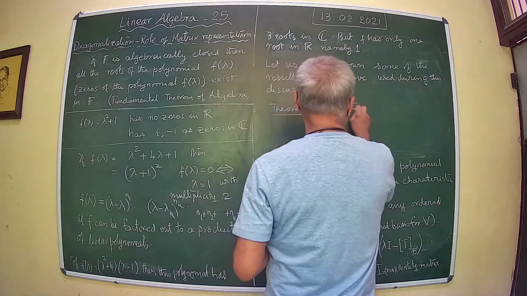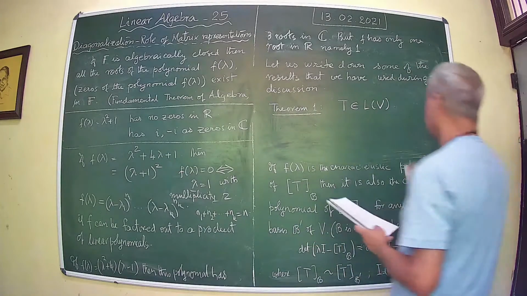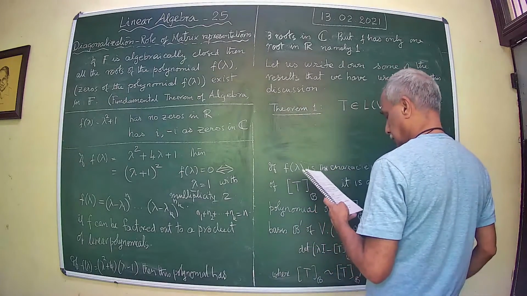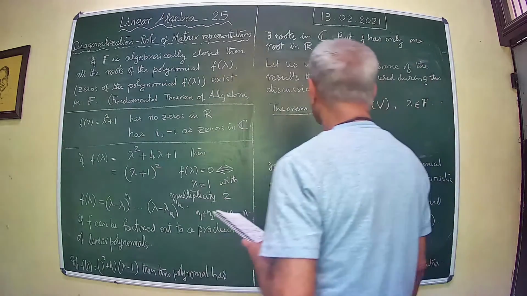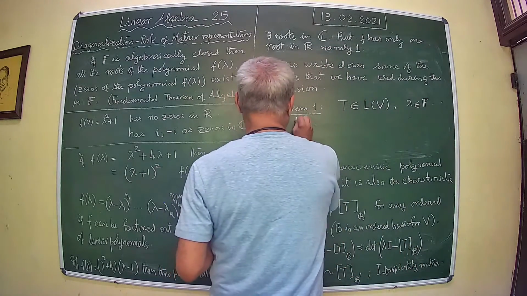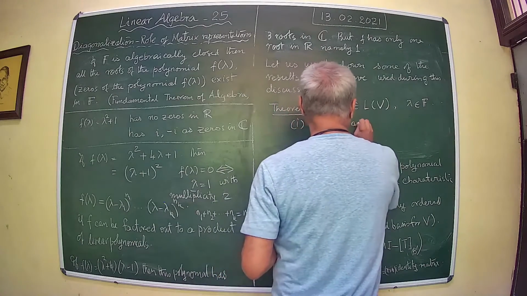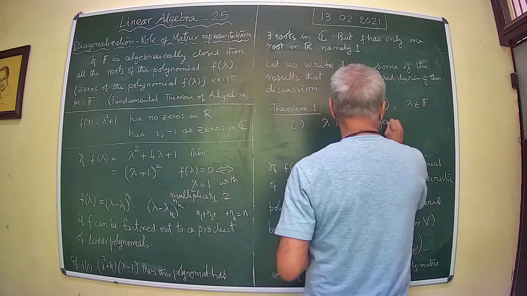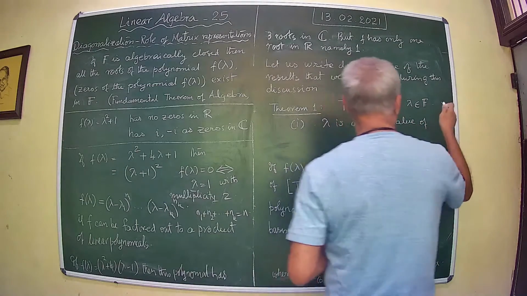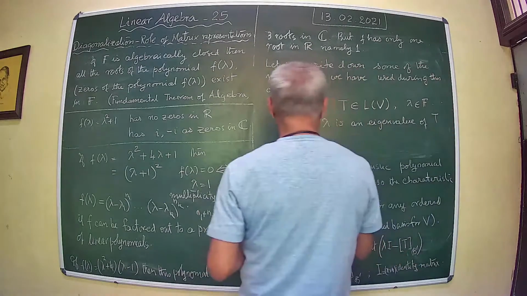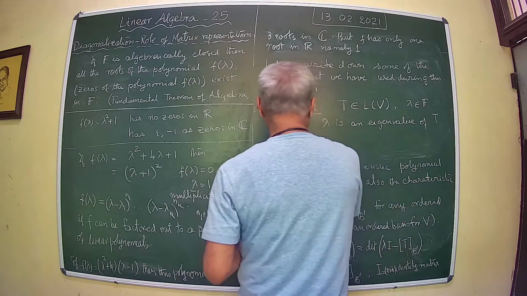Suppose T belongs to our basic assumption and lambda belongs to the field. Then one, lambda is an eigenvalue of T